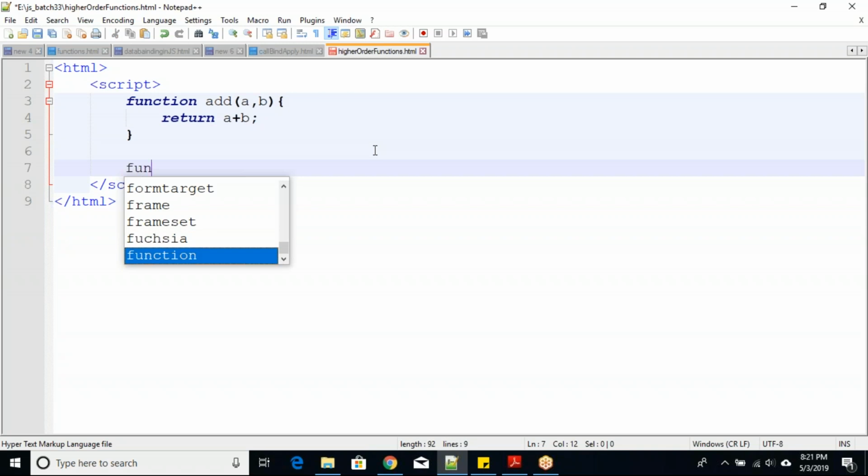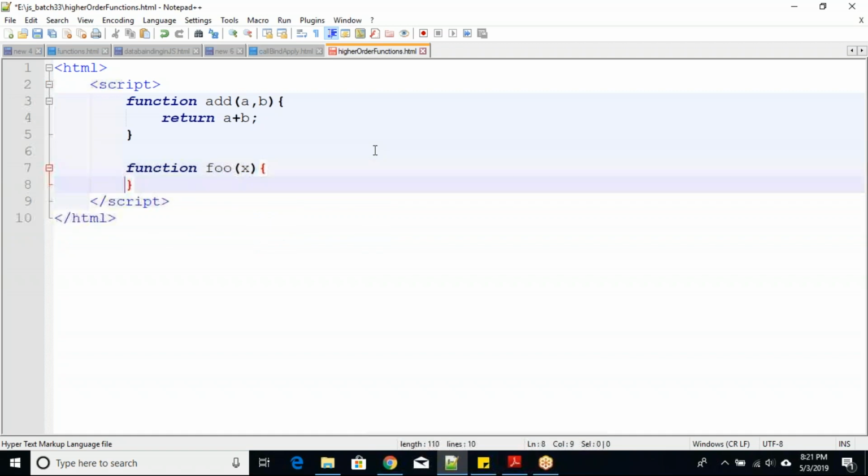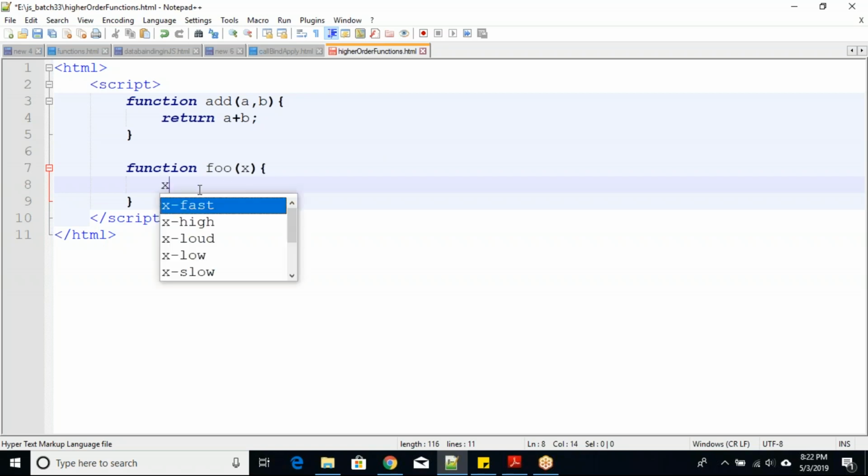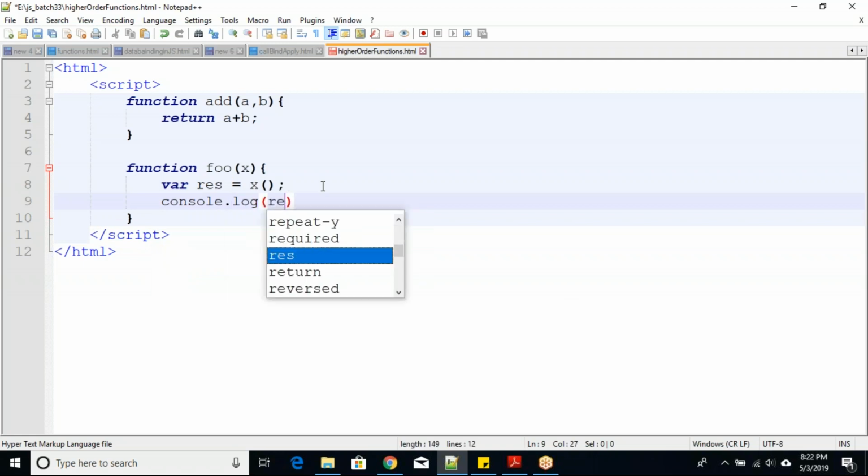Fine. I have another function, foo, which can take an argument as a function, and it can execute it, where res is equal to x of, and console.log of res.